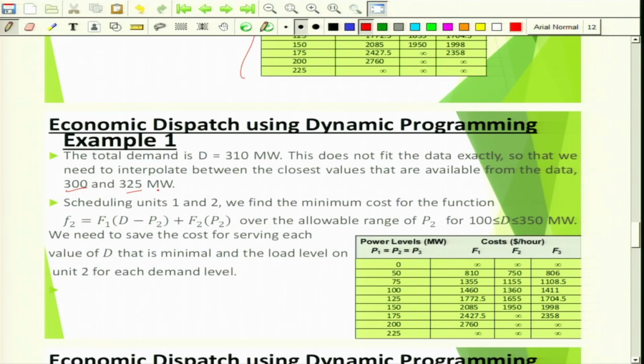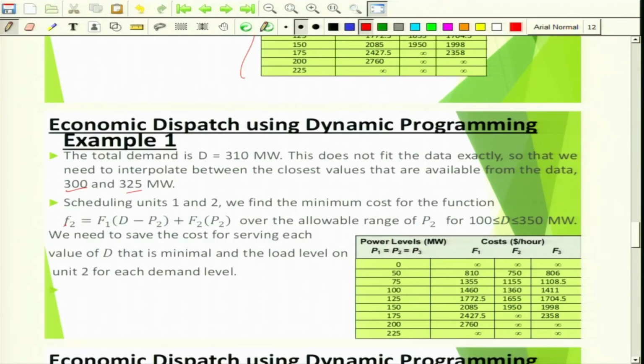So let's start with the help of dynamic programming. Scheduling units 1 and 2, we find the minimum cost for the function. Let's start with unit 1 and unit 2 and then take up unit 3. Now the fuel cost, or the total cost of F2, that means at stage 1 or stage 2, whatever you can consider, so that is the total cost involved in